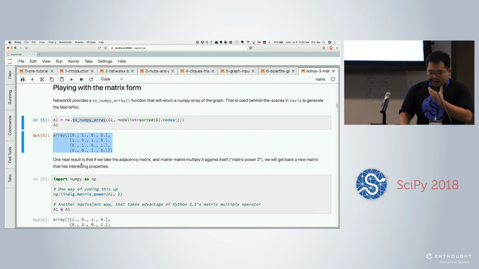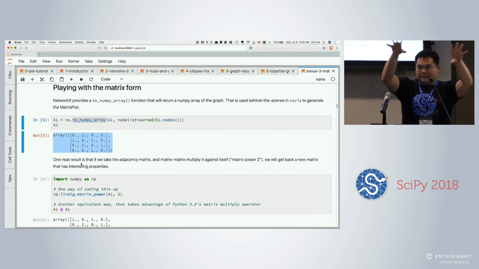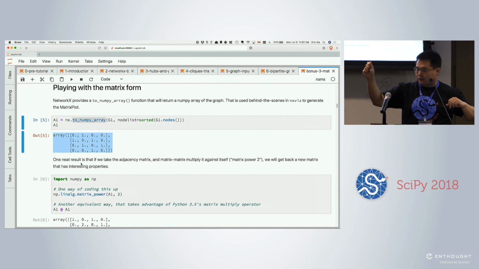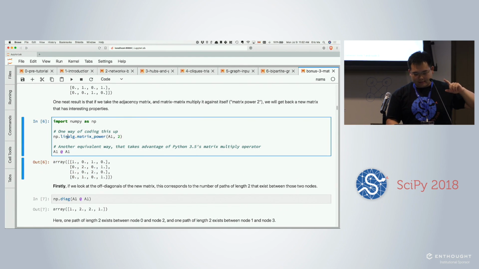Now, here's an interesting thing. If we take the adjacency matrix and do a matrix multiplication against itself, so that means taking matrix power 2, we'll get back a new matrix that has very interesting properties. Take a look at this. So we can do this with np.linalg.matrix_power,